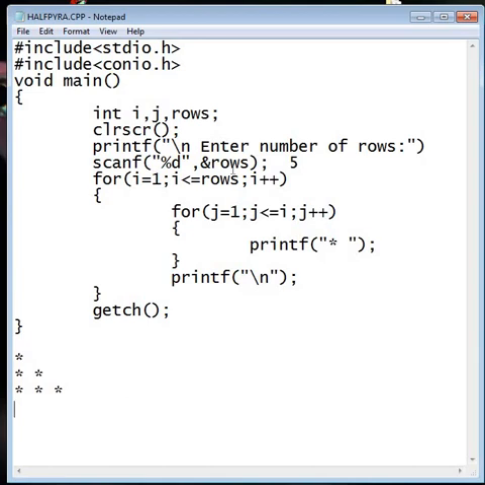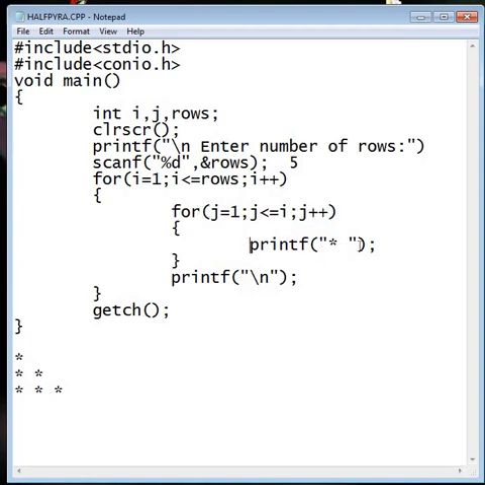So now the value of i will be incremented by 1, that is 4, and depending on 4 the internal loop will execute 4 times, because the value of j is initialized to 1 and incremented by 1 after each execution of the loop.